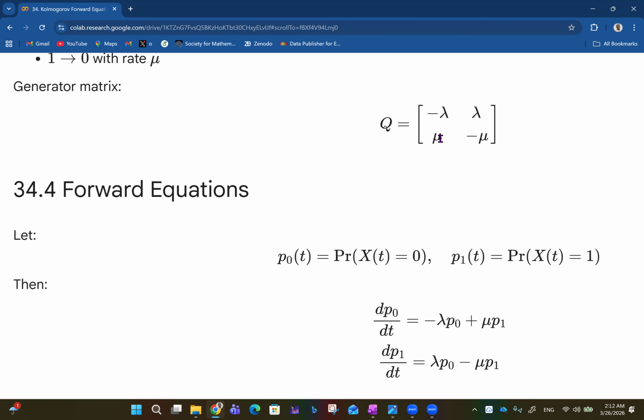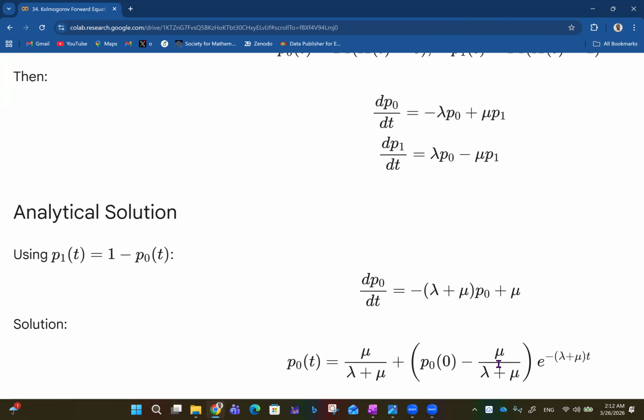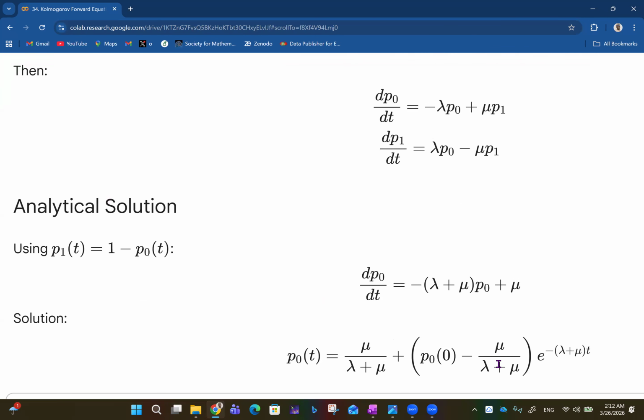So from state 1 to 0, that is minus mu. So it's like you're coming out like that. So that's minus mu P1. And once you have that set up, you have a system of differential equations now,